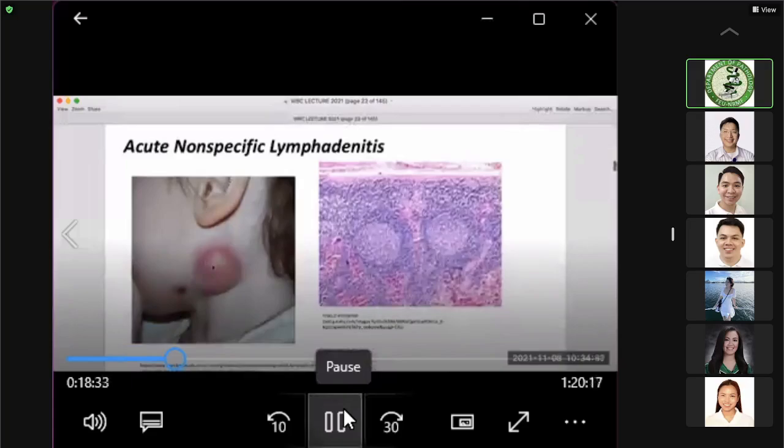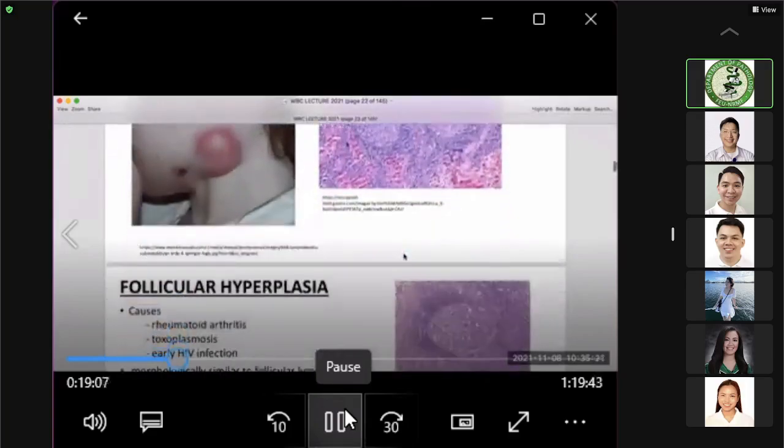So morphologically, you can see this one, gross morphology. It seems that it has redness, it is painful like that. And then microscopically, you get to see something like this. So depende what would be the morphology that you will see, but you can see combination of inflammatory cells, depende sa infection that is causing it, the type of predominant regions that will be observed.